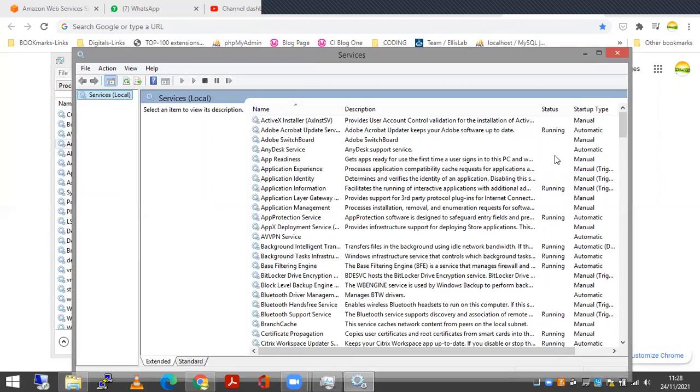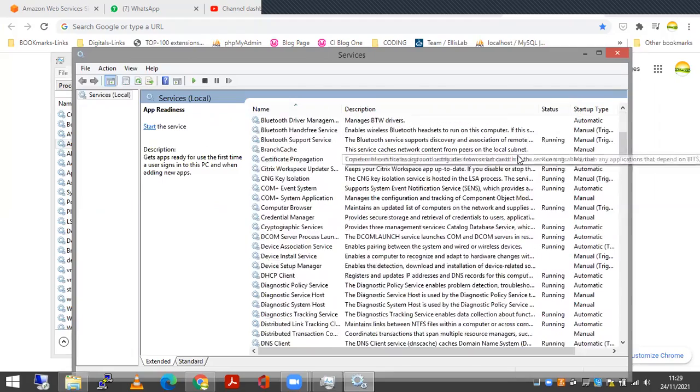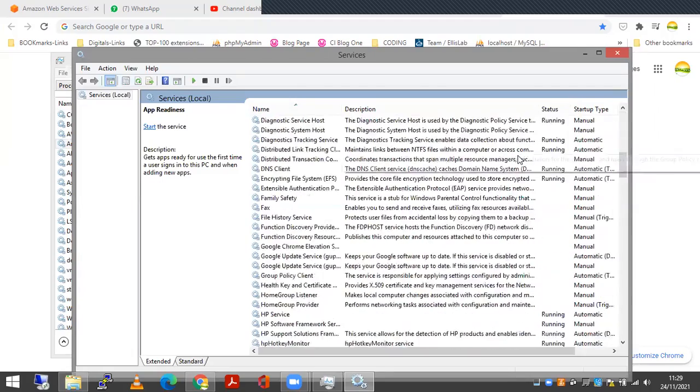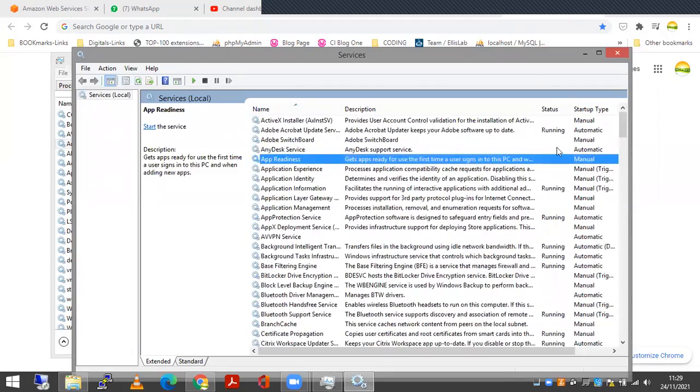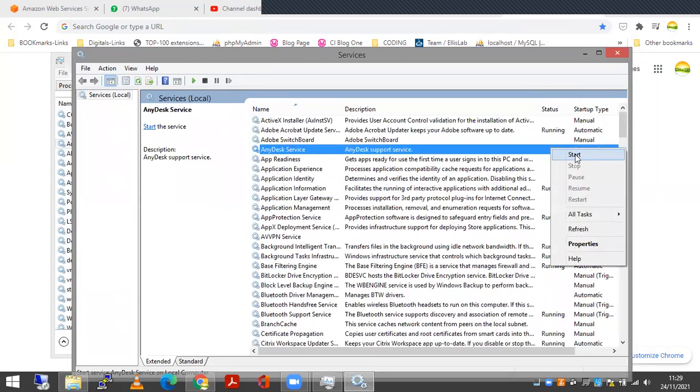You can see the status of the services in this column. And we can start or stop these services from here as well. Or we can also restart this application or process from here.